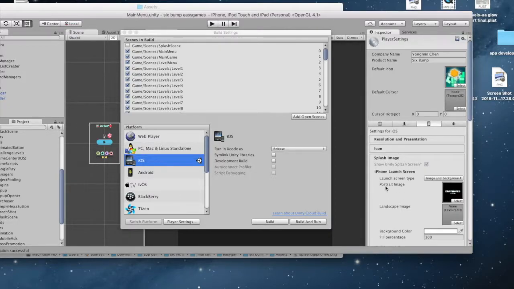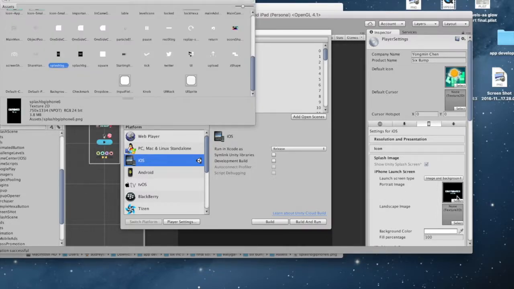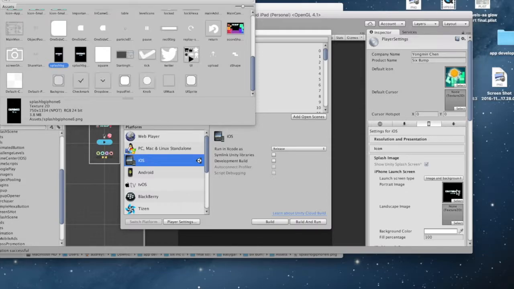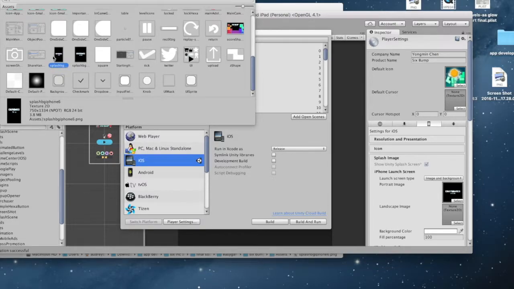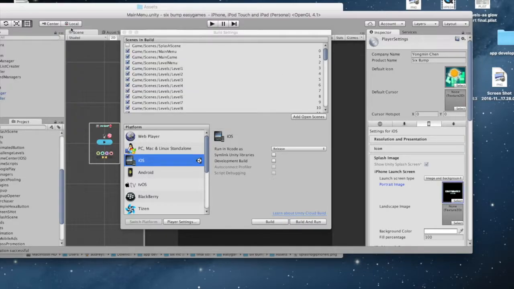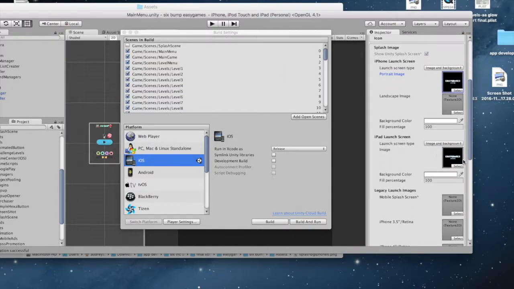and here is the portrait image of iPhone. You select here. I have already linked my project's launch image to the splash image, but the code you have downloaded does not have it linked. So you have to do it manually. And when you click open, you will see all these images. You select this. This is for iPhone. And then close it. And this, you need to select